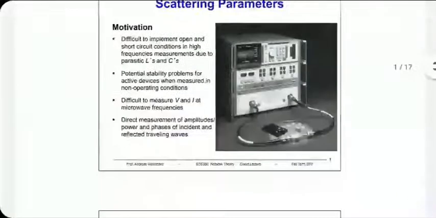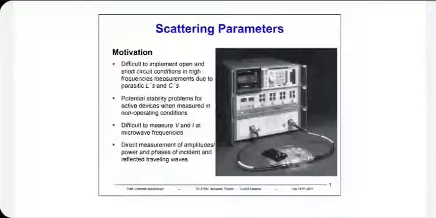By the way, the insertion loss of any network in dB is minus 20 log of magnitude of S12 or S21, assuming it's a reciprocal device. Okay. This is indirectly related to what we were calling attenuation. The reflection coefficient that we have been talking about is nothing but S11 in the S parameter domain. There are 2 reflection coefficients that you have to deal with in general at least. Input reflection coefficient, which is S11, output port reflection coefficient is S22. For a symmetric network, they'll be equal to each other.